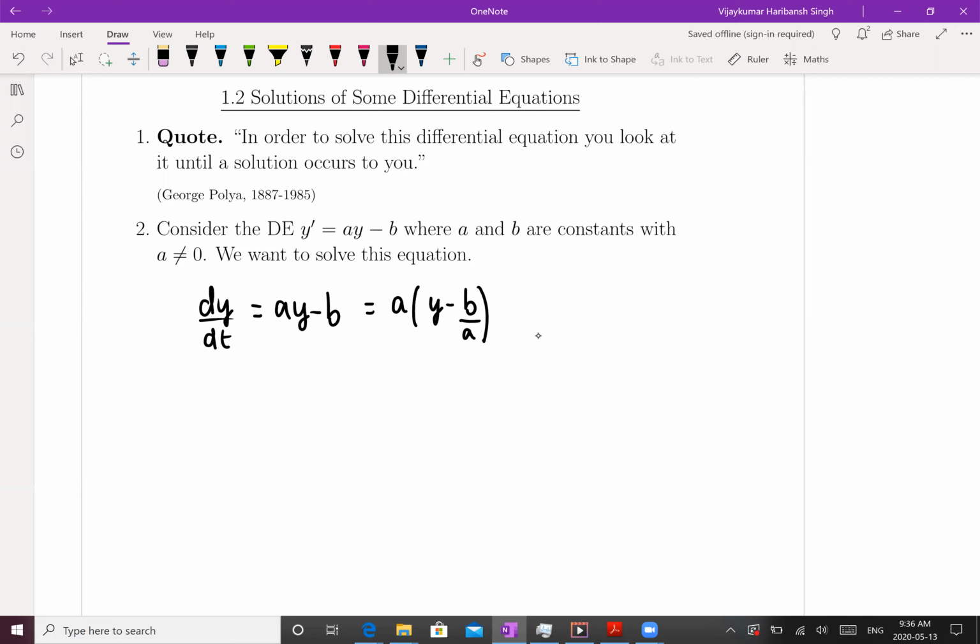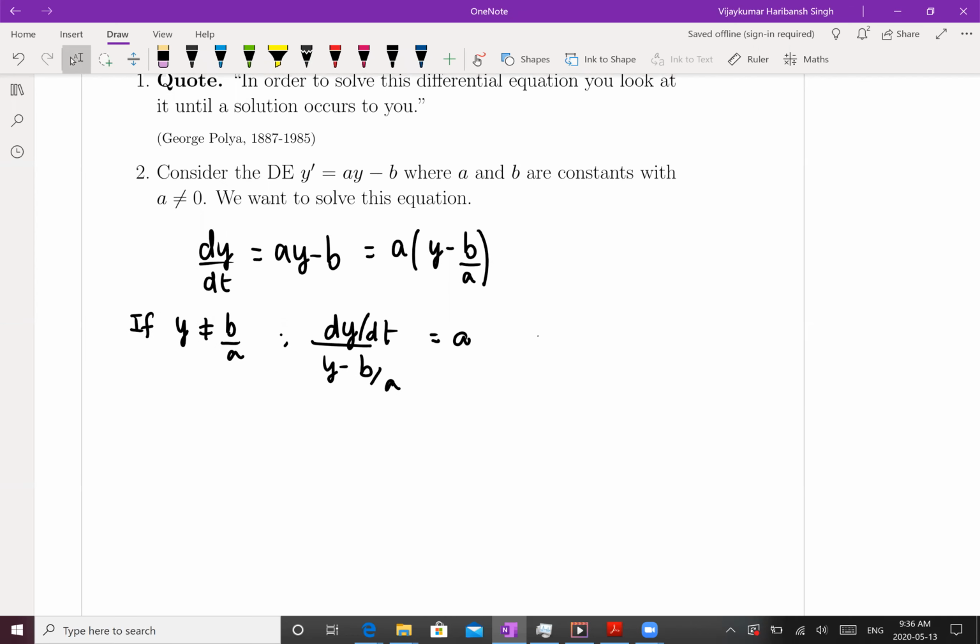And if y is not equal to b by a, then you get dy by dt divided by y minus b by a equals a. Okay. So you want to solve this differential equation. Now note that if you use the chain rule, or rather the reverse of chain rule, you can see that on the left hand side you can write it as